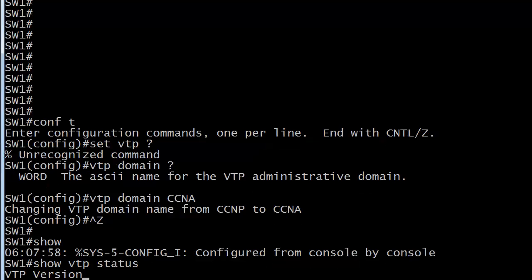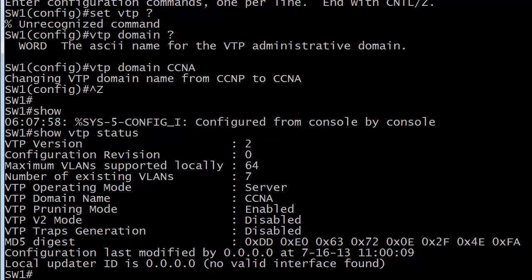And let's run a quick show VTP status. This is really the show command for VTP. As you can see, this is not a complex protocol at all. It's not something that you even debug. You rarely need to do that. I am running version 2 on this particular switch. There is a VTP version 3 that has some cryptographic properties. It actually allows you to hide a password you can set, because version 2 unbelievably does not allow you to do that. But 2 is fine for our practice,